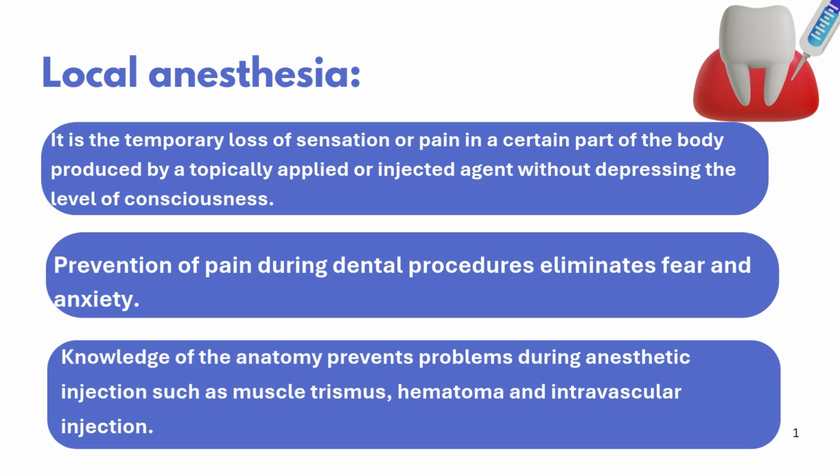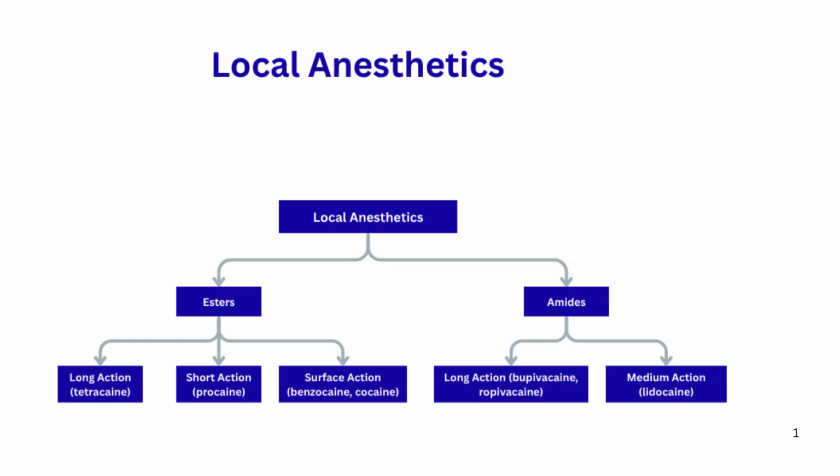You have to be aware of the anatomy to prevent problems that can occur during the anesthetic injection, and these problems such as the muscle trismus, hematoma, and intravascular injection. Okay, so proper knowledge of anatomy is mandatory to avoid complications. And as you can tell by now, you've learned that probably since year 3. And this is a reminder that the local anesthetics can be classified into amides and esters. And in the esters group, we have